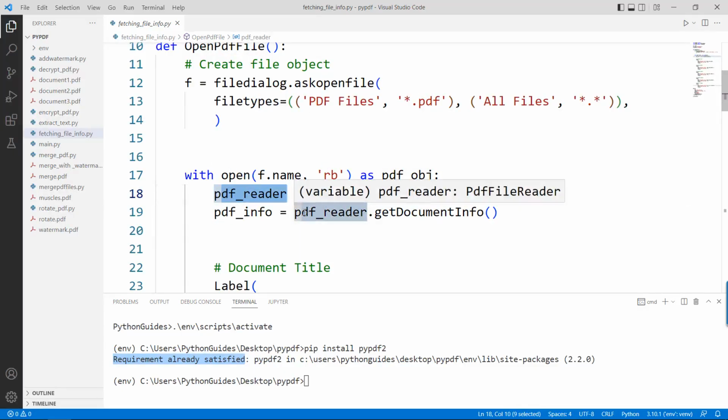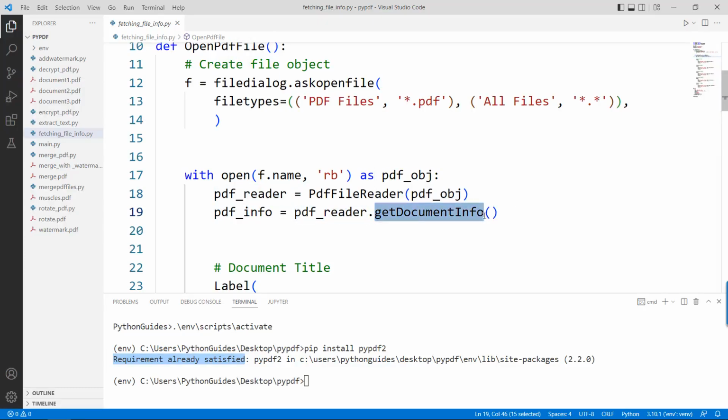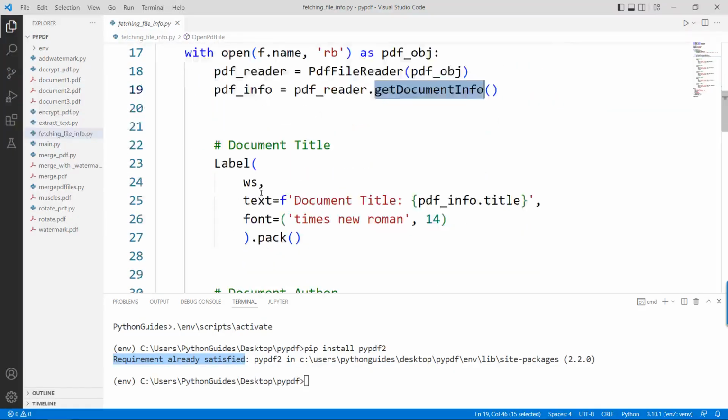Now on this object we are going to use this method which is getDocumentInfo. This method will allow us to fetch the information related to the PDF file. Now here I have created a label, and inside that label I have fetched the information, that is the title. So pdf_info, which is coming from here, which we have created from getDocumentInfo. Now from getDocumentInfo we are fetching only the title